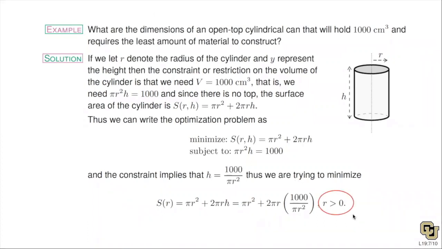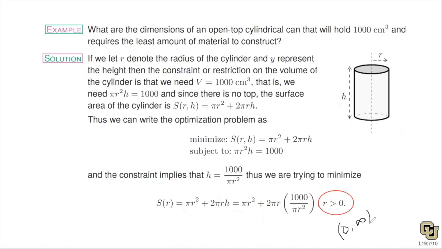Oh, and by the way, the domain over which we're optimizing is r greater than 0. So think about this mathematically. This is 0 to infinity. So for checking endpoints, we would take a limit. And you can see here, if you do take limits, you'll see on the next slide, the